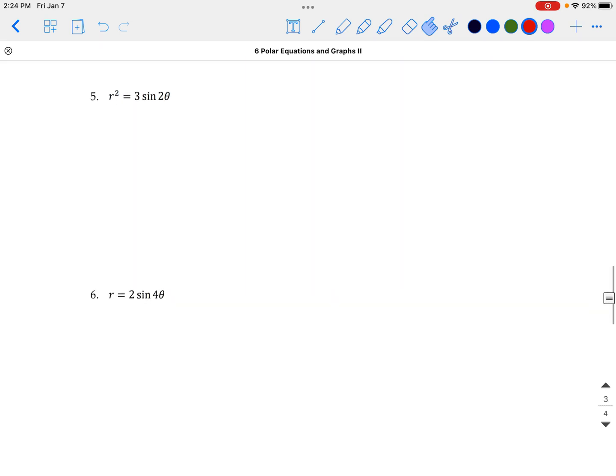So on the next page, we've got a couple of different graphs. We've got a rose curve, a lemniscate, we've got r equals theta, and